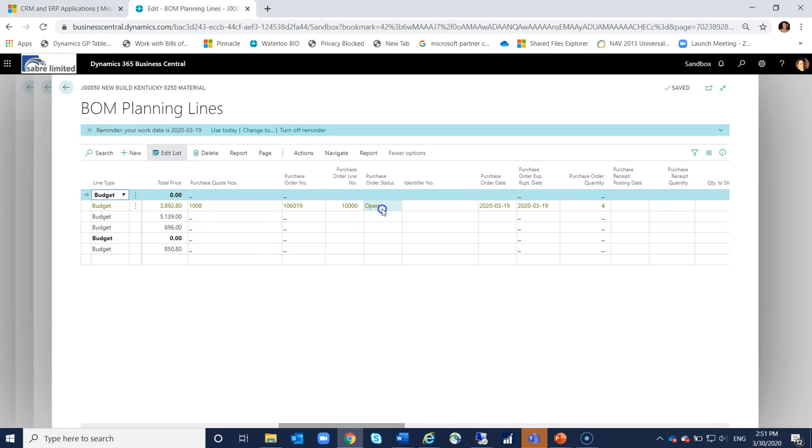The status is open, so if you're using the open and release status, it gives you the ability to be able to see that purchase order has been created, but it's not released yet, so it may not be sent to the supplier, which might be a positive thing if you're appending future purchases to the same PO. You would then have the ability to be able to see that, hey, this is something that I could continue to add to. You can see the purchase order, what the date was,